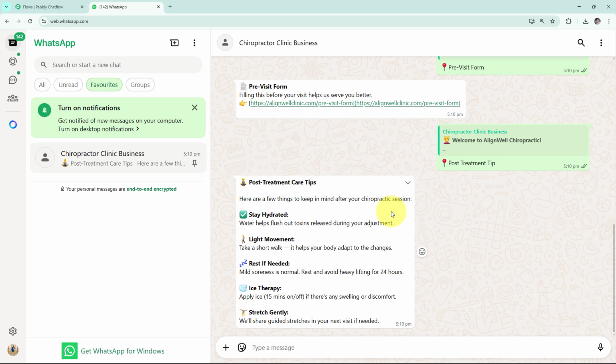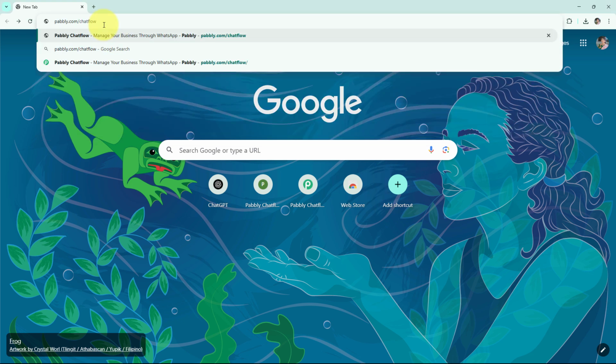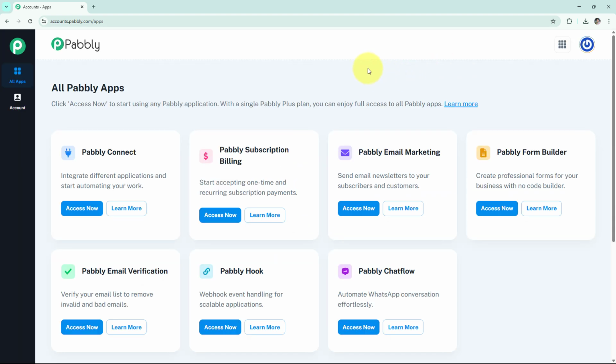If you want to create the same, you have to visit Pabbly Chatflow's website, and for that open a new browser tab. In a new tab, enter the URL pabbly.com/chatflow, and it will take you to the main landing page of Pabbly Chatflow. If you are an existing user, click on sign in. However, if you are a new user, click on sign up for free. As I am already an existing user, I will click on sign in, and it will show me all the